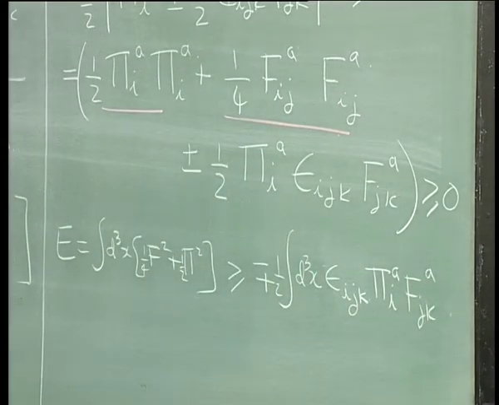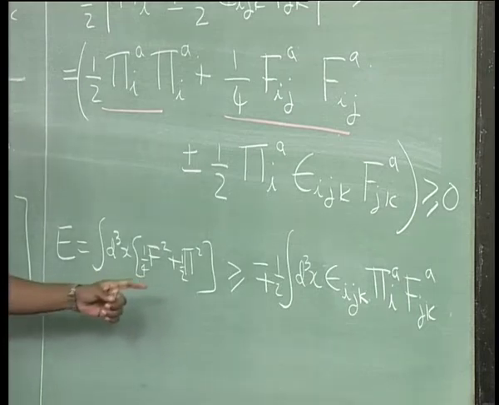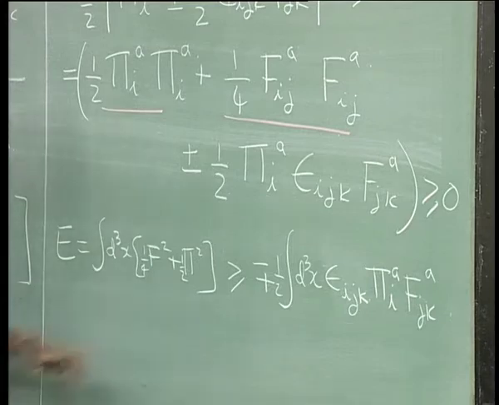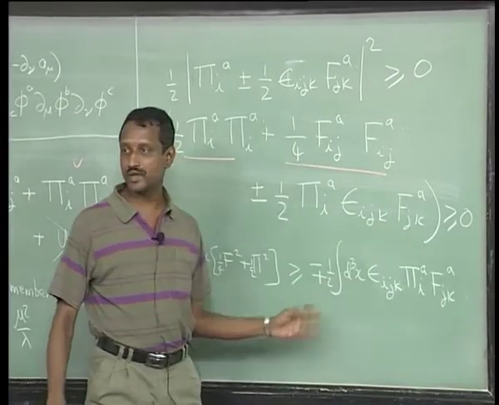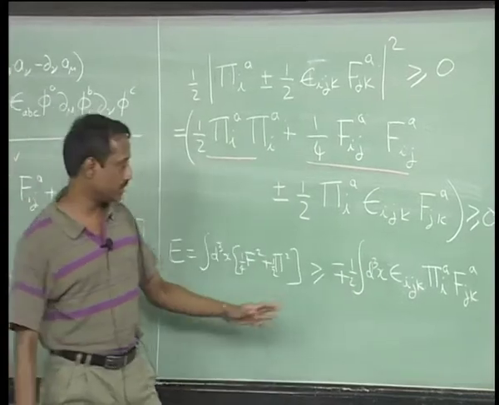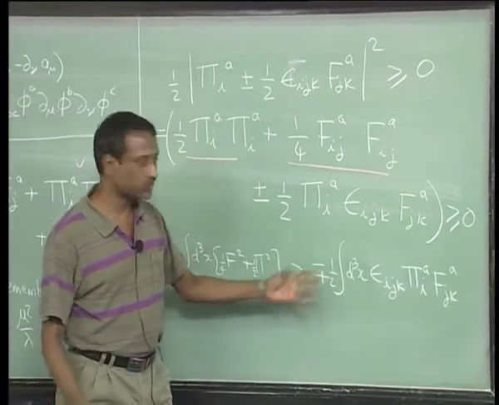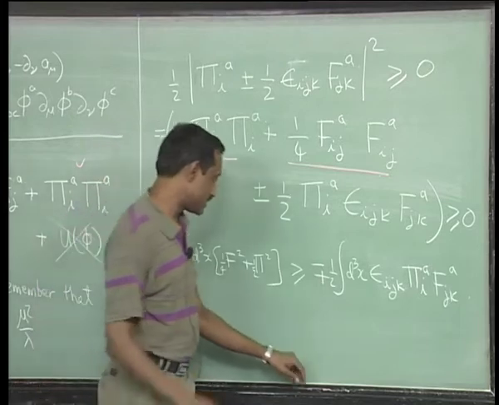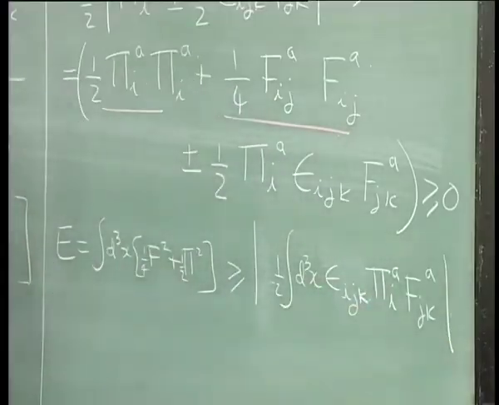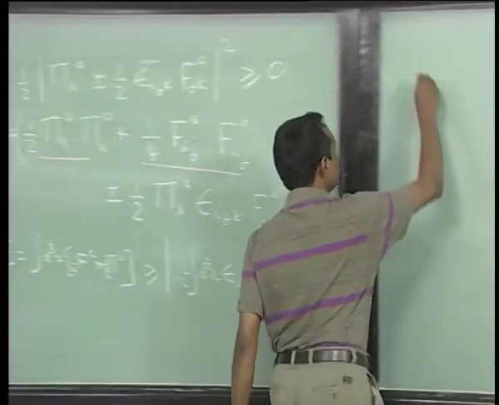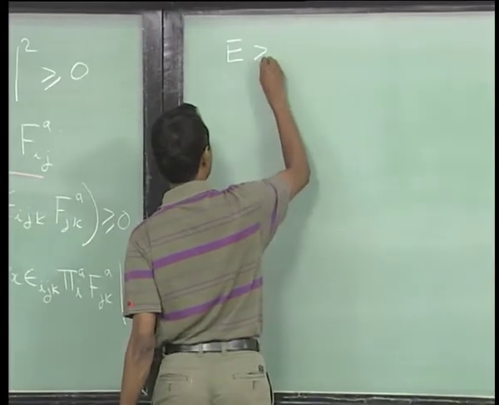Okay. So, we see that the energy density is okay. So, since this thing is minus or plus, the strongest one would come when you take the one which gives the positive sign. So, I will take care of that by just saying that it is greater than or equal to modulus of this. Okay. So, this is very important. So, we get that the energy is greater than or equal to